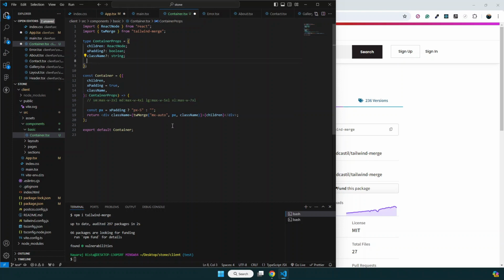So we can say size, and size can be full. Okay, this is full size container, or I can say compact. Okay, compact, right? And this way I can define two sizes of the container,